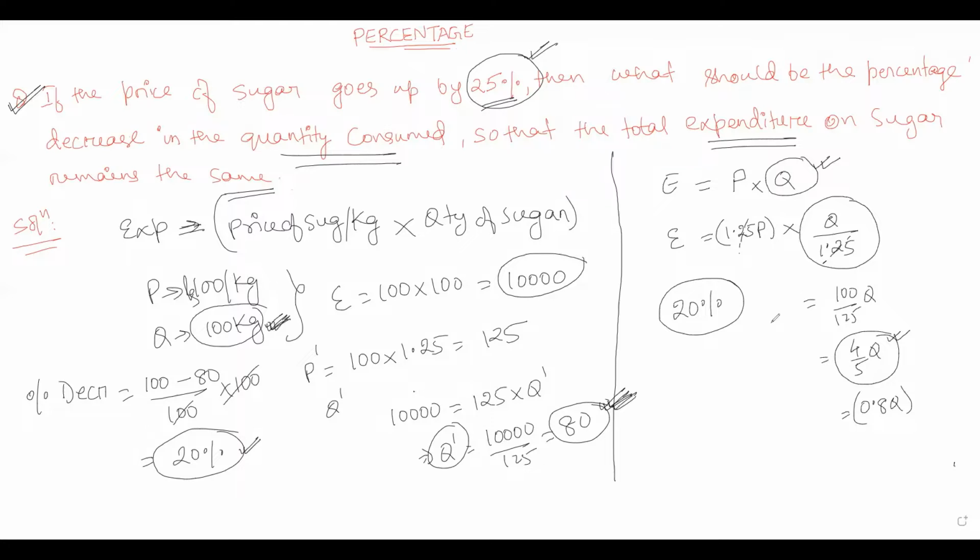remains the same. So whenever we have such kind of question, we need to simply see whatever number we have multiplied here, we need to simply divide by that number here, and based on that we need to calculate the percentage reduction or whatever the question has asked.